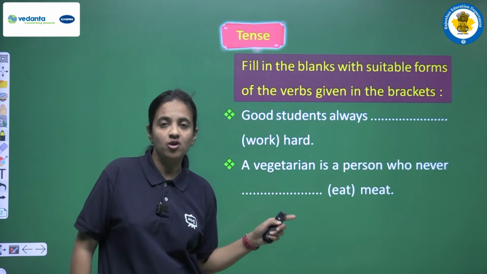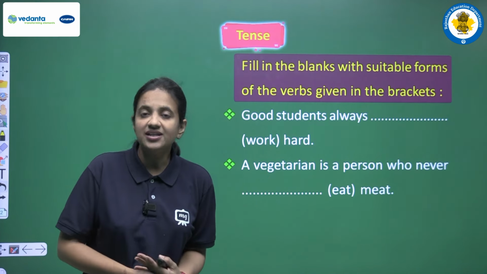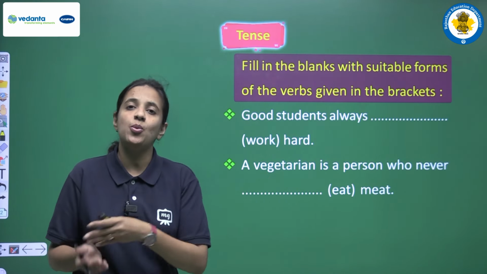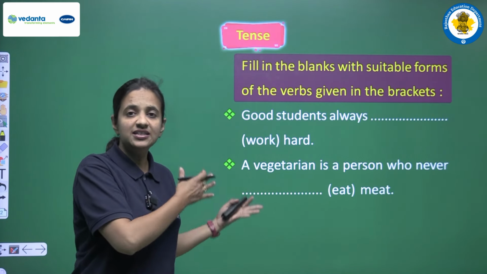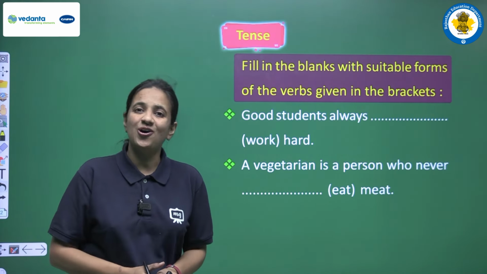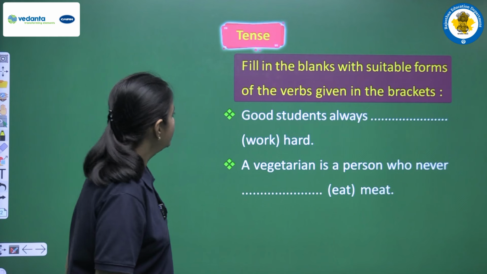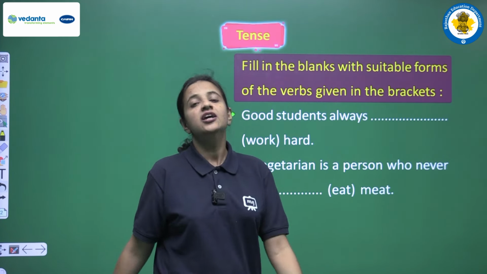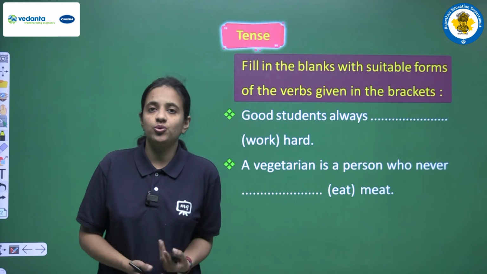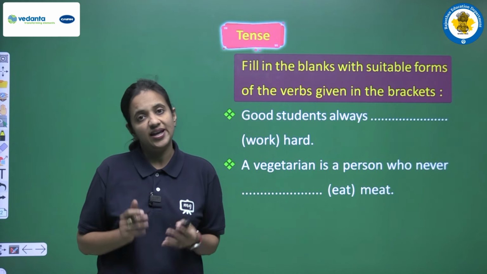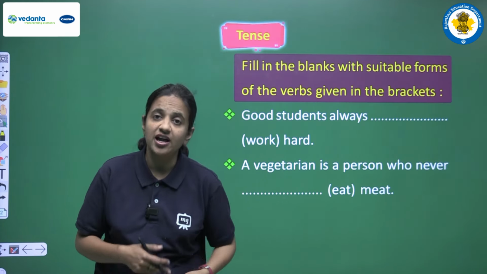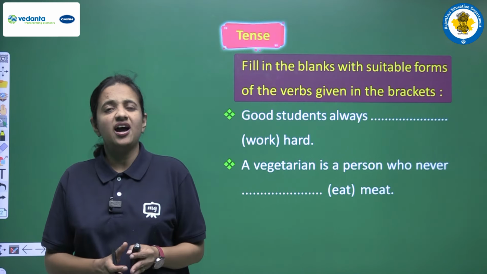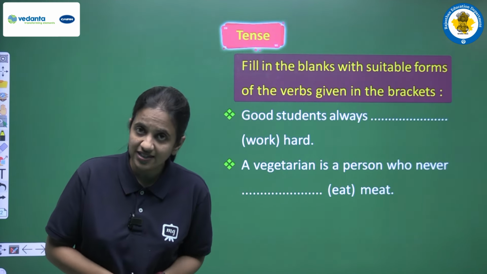So now we will solve all the sentences one by one, and if you are ready with your tense part, if you are well prepared, right, then all these sentences are very much easy for all of you. So now let's begin. The first one is: good students always work hard. So now students, what we have to do, actually, read the sentence very carefully, one time, two times, again and again, and just try to find out if we are having any common word in the sentence, or if we are having anything